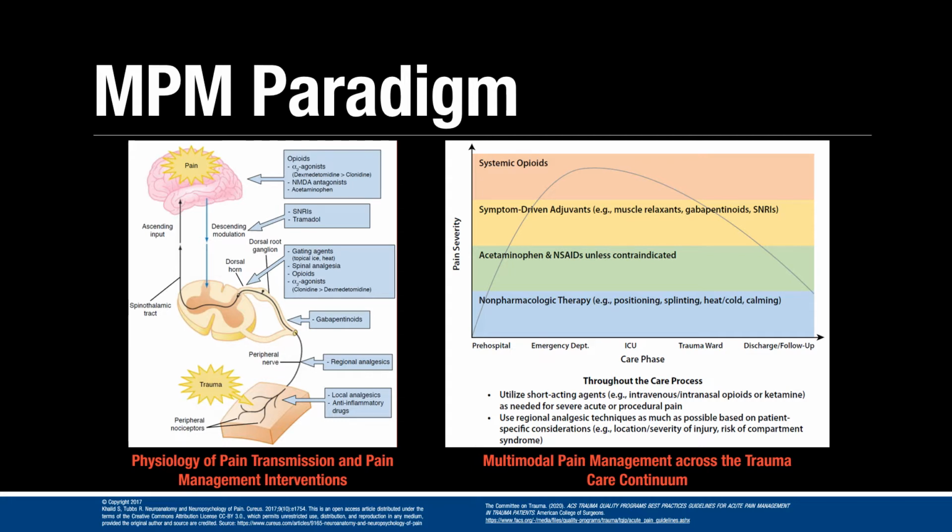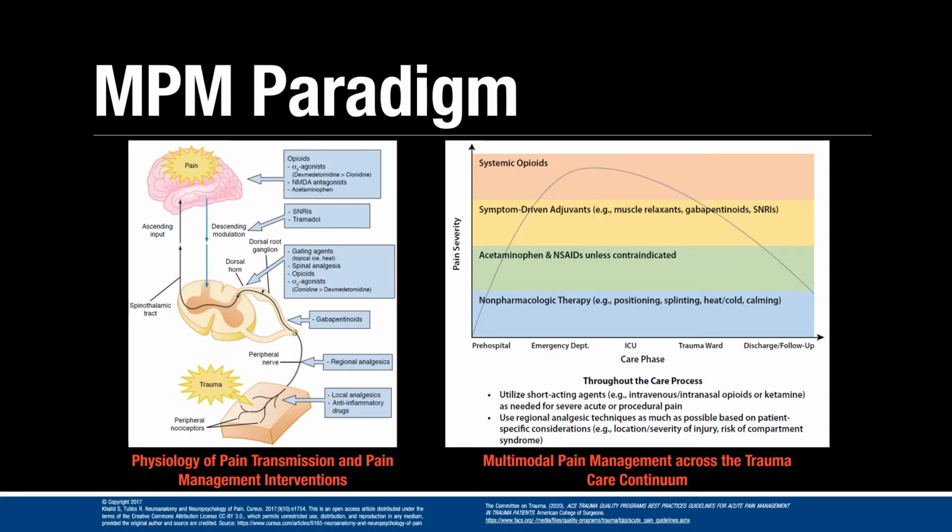And these fibers go all the way up, and they synapse in the ventral posterior lateral thalamus, and then tertiary fibers take off from there to send the signal to the somatosensory cortex located in the postcentral gyrus. That's how we sense pain, from peripherally to centrally. And you can see along this pathway that there is a tremendous amount of areas that we can intervene with,